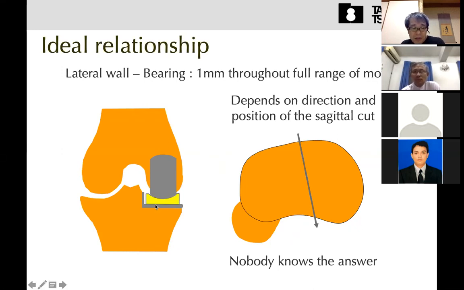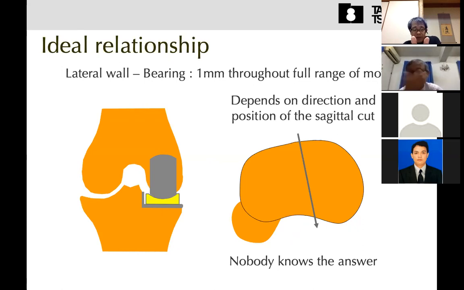It is perfect if there is a 1 millimeter or 2 millimeter space between the lateral wall of the tibia tray and the bearing. And it needs to be kept throughout the motion, from full extension to full flexion,